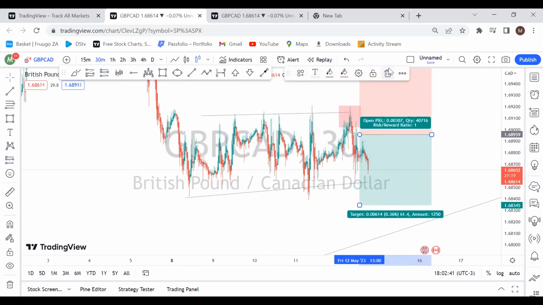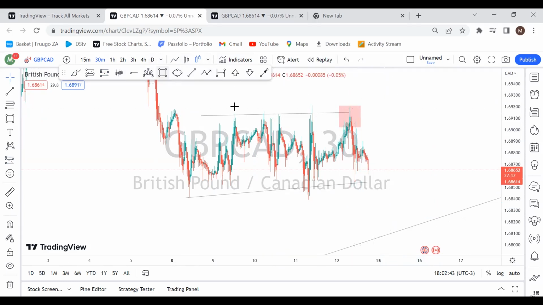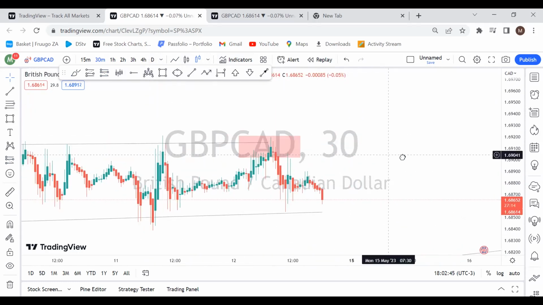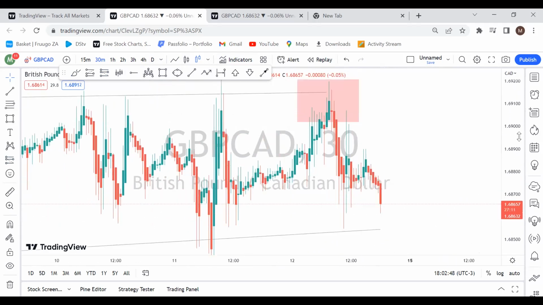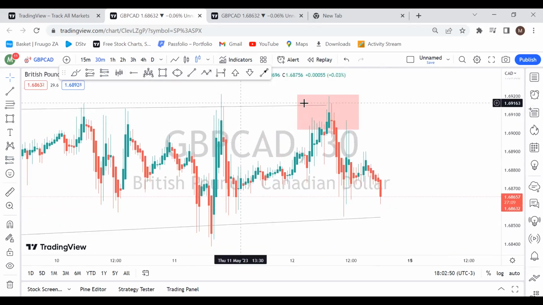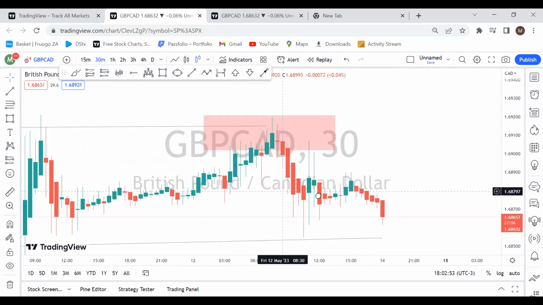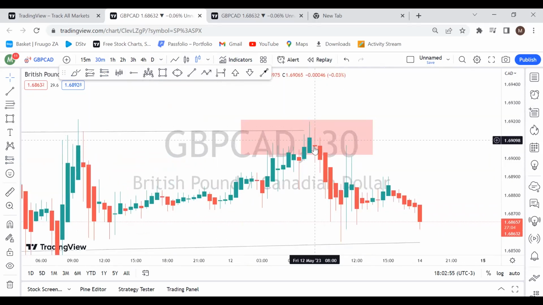So usually how I would enter, right? I would enter after a few candlesticks. So as you can see in this case, we had a nice rejection candlestick, right? A reversal candlestick right here. Perfect. Followed by a bearish candlestick. So this is very important. Two bearish candlesticks in a row for me is confirmation enough